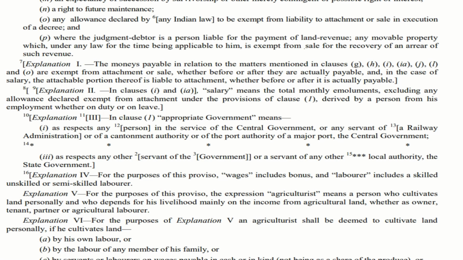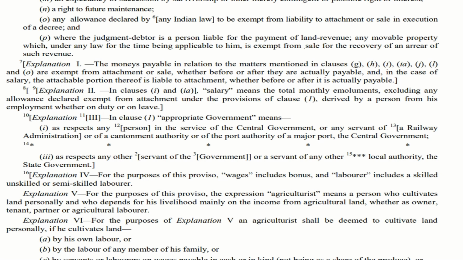The allowances which are exempted from the salary are excluded. So, that is the first point we need to understand. Now, the next aspect is that if a person is on duty or on leave, in both these cases, he can get salary. So, imagine a person is taking 15 days paid leave. You'll be getting salary for that 15 days paid leave. So in that case, whether that can be attached, the answer is simply yes.